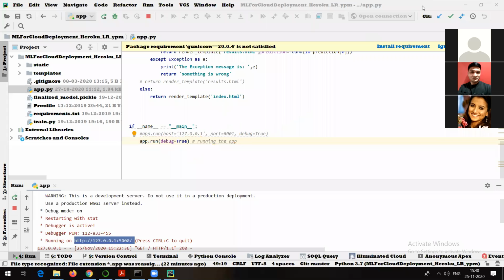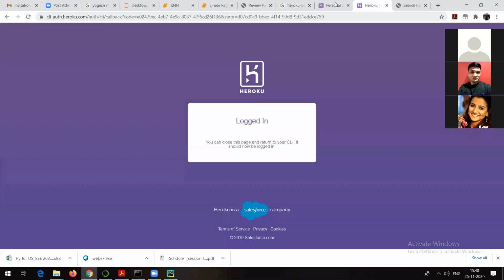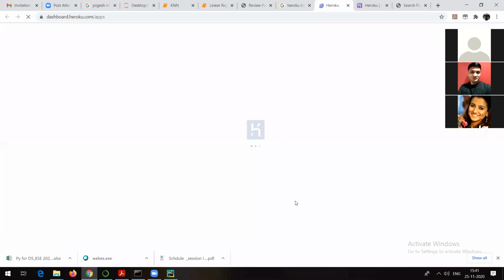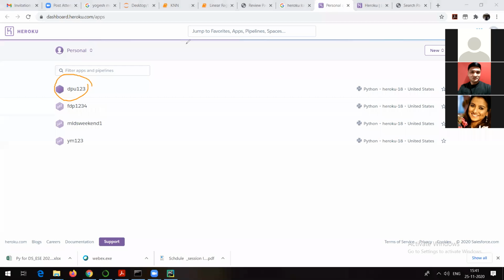See, what happens is, I will show you those people who are saying it is showing a message that something is wrong. See, here you will get your model. This is 0 to cloud. Here you will be able to see DPU 1 to 3 now once I refresh, right? It is successfully deployed. It should work in everyone's case. If someone is saying that something is wrong, maybe access rights might not be there.